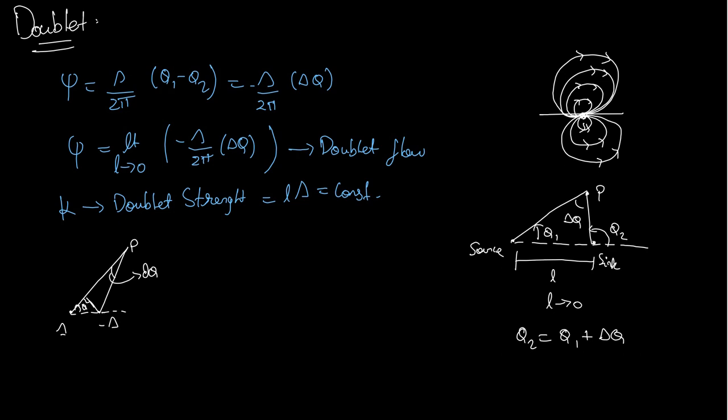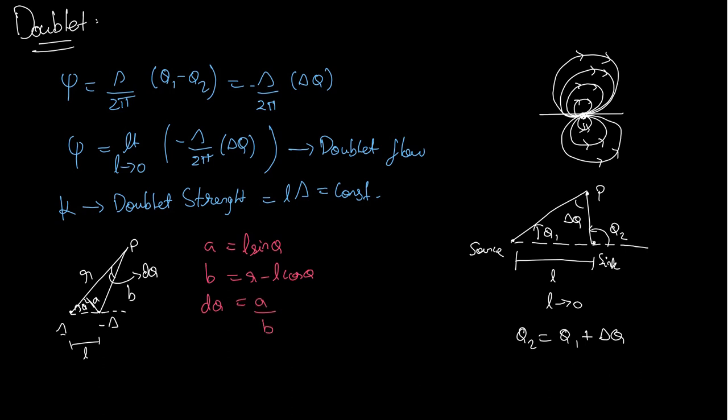And I give some namings here. I call this distance from the source to the point P to be r, and from point P to the sink to be b. This length, we know it is L, that is what we are going to send to 0, and this perpendicular length we'll call A. Just by simple trigonometry, A equals L sin theta, B equals R minus L cos theta from the triangles because it's a right angle triangle, and d theta equals A by B.